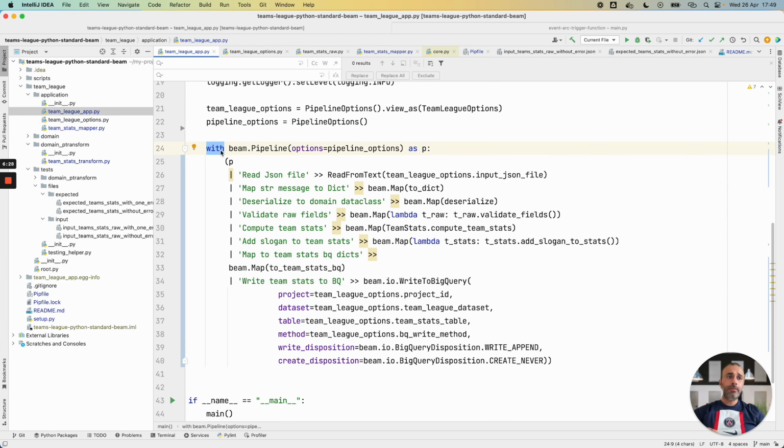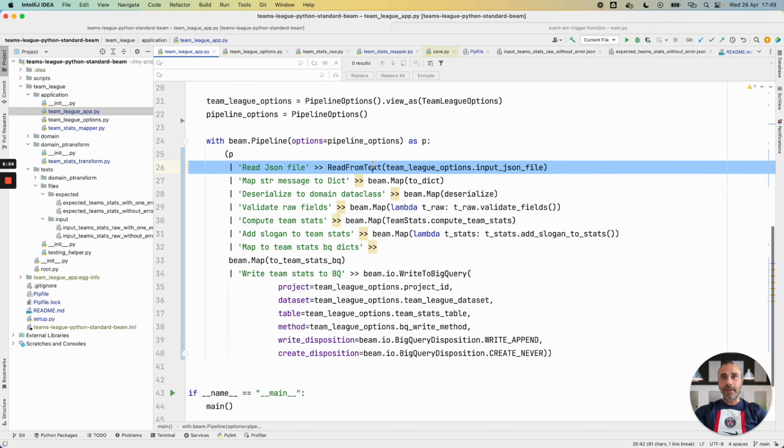Also, Beam will wait on the result of the job, because in Java, for example, we have waitUntilFinish. But with Python, we write the pipeline with this kind of syntax, and no need to manually close and wait for the result.